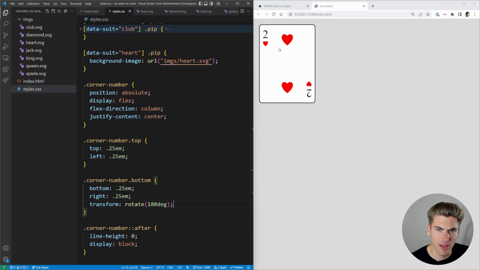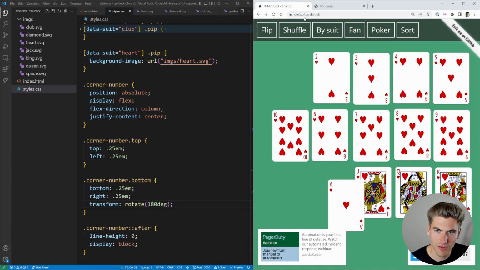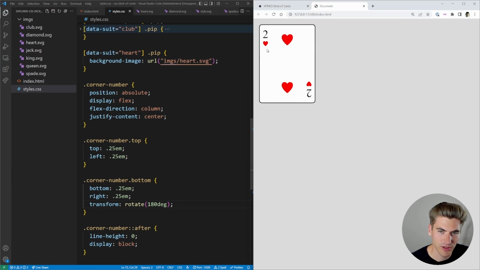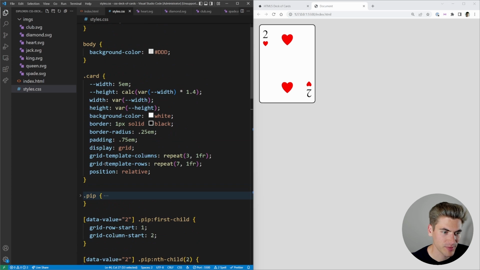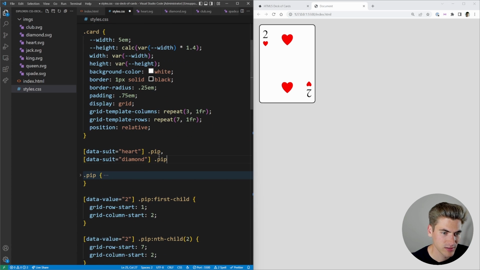There we go. And that looks the same as the two over there. Yeah, it does. It looks like the color of our number should also correspond with hearts versus not hearts. So I'm going to do this data suit thing for my card itself. So I'm going to come up here. We have our card. So card, color